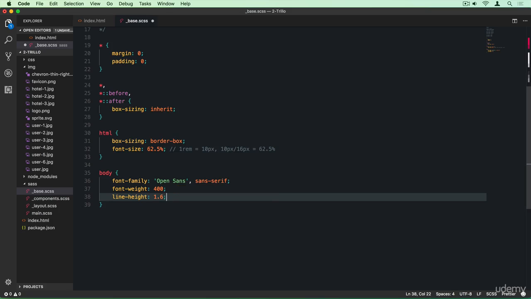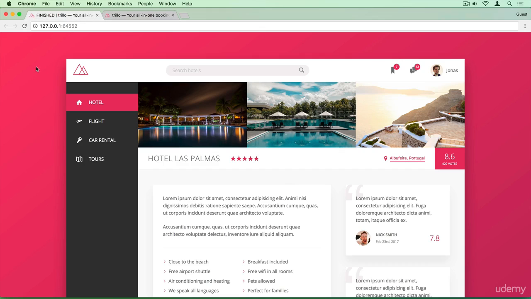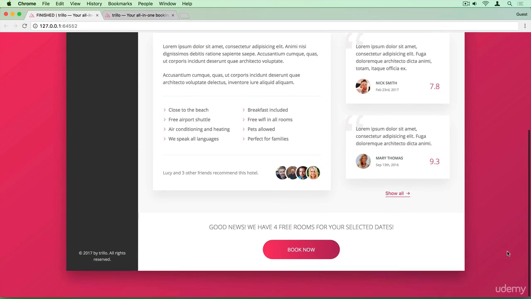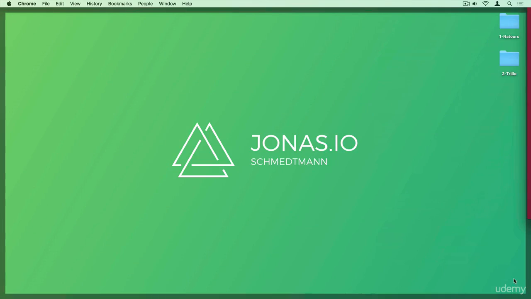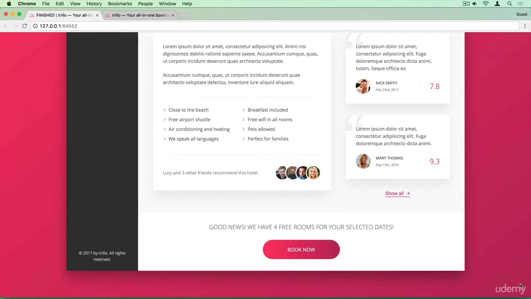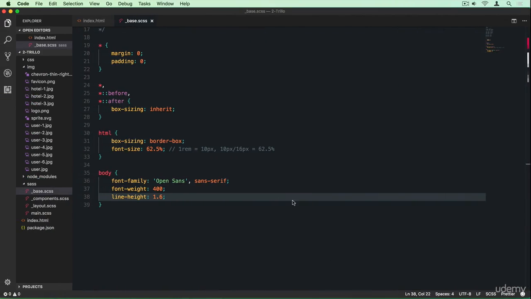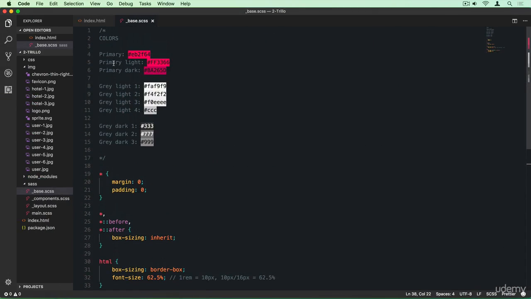All right, and now we also want that gradient that I showed you. So the color here is gone. Okay, and what we want for the background is basically this gradient going from this pink color here in the top left corner all the way to this darker pink here in the right bottom corner. Okay, so it's basically a gradient going from this side to this side. Oops, sorry, here to this corner with these two pink branding colors that we're using for this app. Okay, so these are the colors that we're going to use,